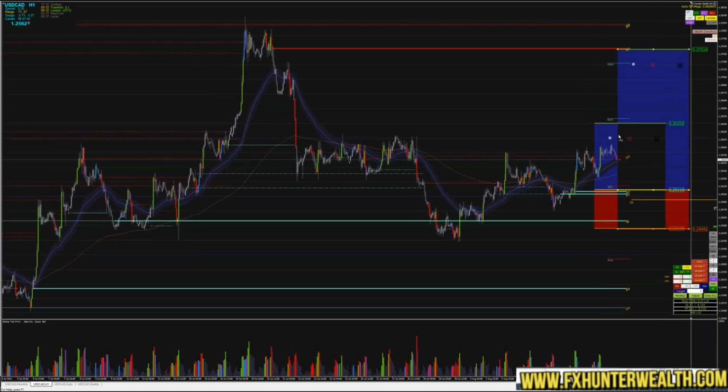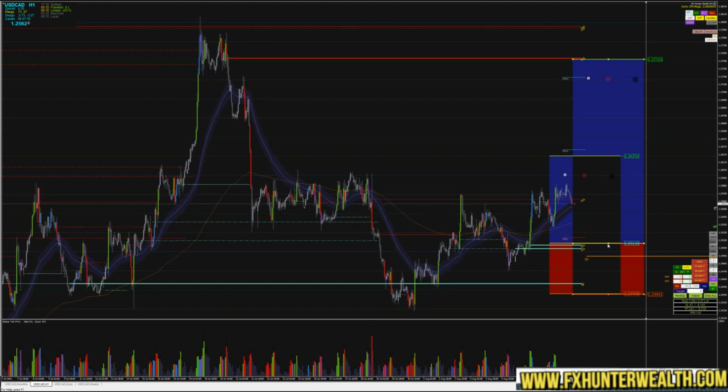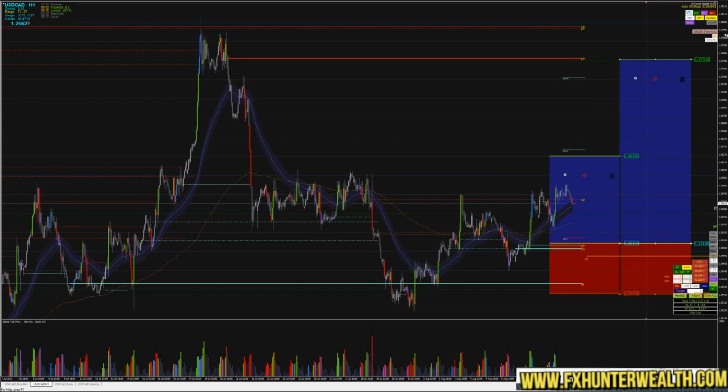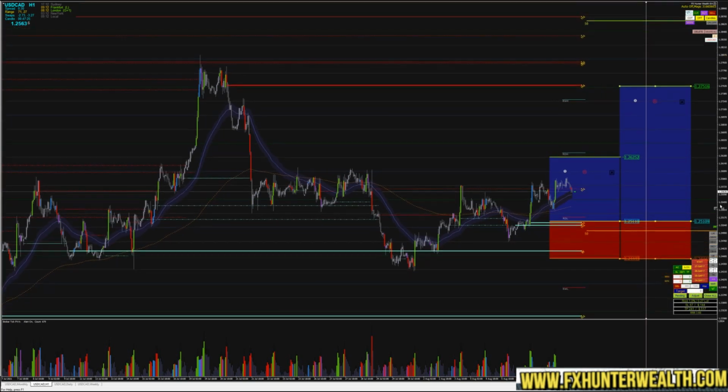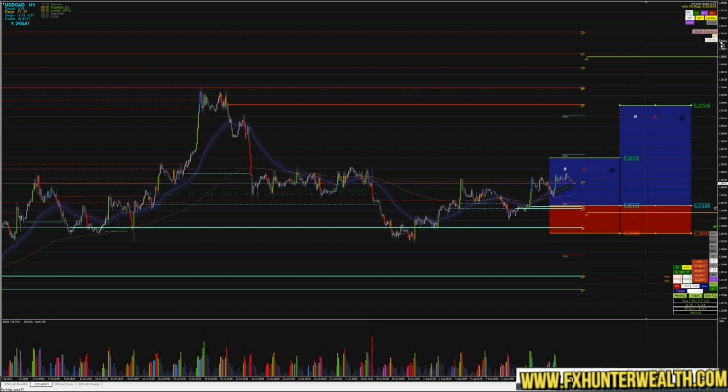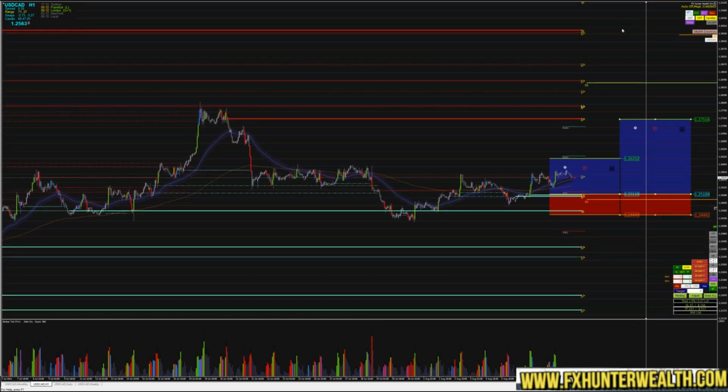So I will be definitely looking for these two targets, and of course the second position can be closed as well, something like here and here, and overall my long-term target will be above, as I said, 1.3, something